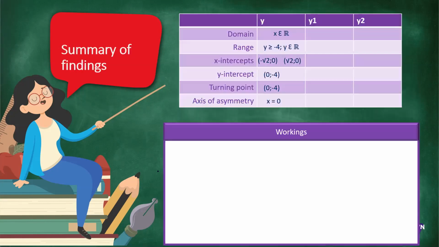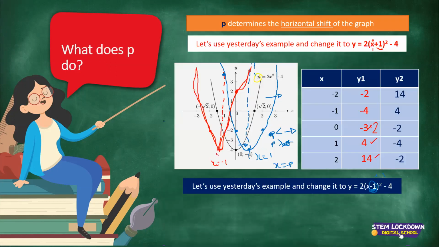Then for y, in this case, we are working with the red graph. So y reaches its minimum. It's a smiling face, so we have a minimum. y reaches its minimum here at the turning point, and at the turning point, y is equal to -4. So what we know about y is the lowest that y will ever be is -4. So are you happy, guys, if I say that y is an element of -4 up to infinity? Are you guys happy for me to say that? Right? We include